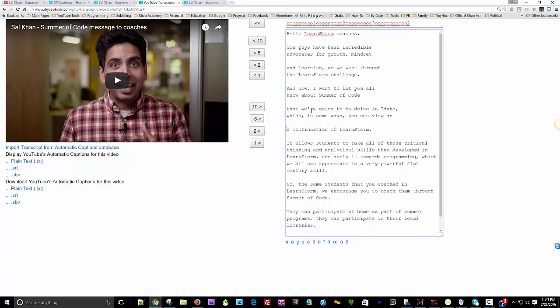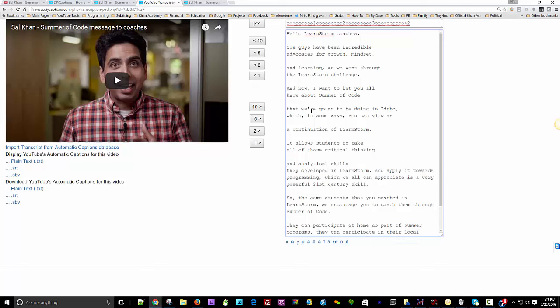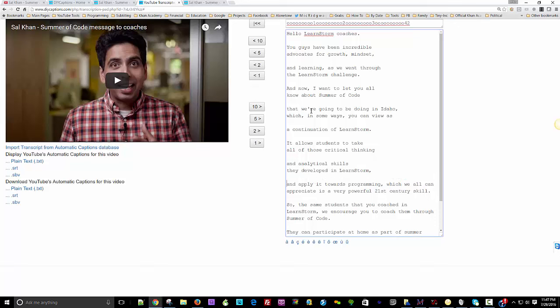It allows students, so we've got five lines here, to take all of those critical thinking and analytical skills they developed in LearnStorm and apply it towards programming, which we all can appreciate is a very powerful